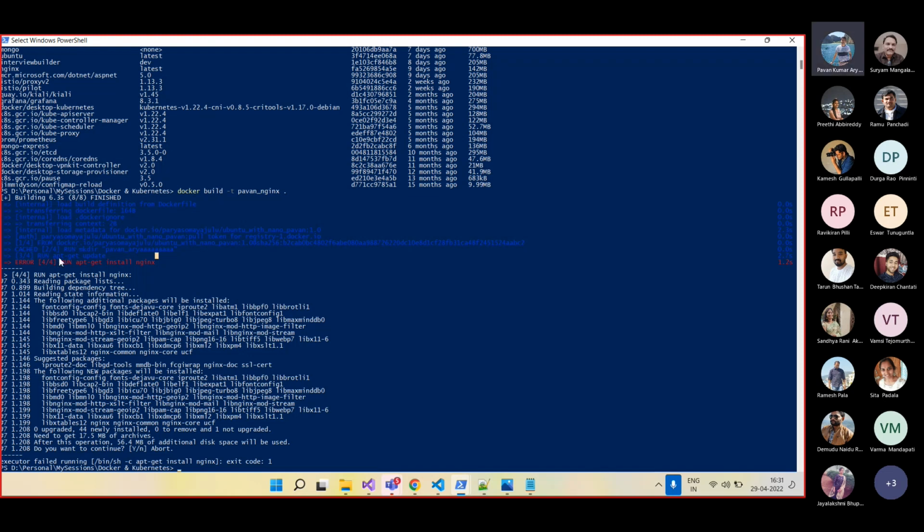Okay. So that is the second step. And third step, if you see, it is running apt-get update, so it is updating all this Ubuntu. The fourth step, it is throwing an error. So why is it throwing an error? It is trying to install this